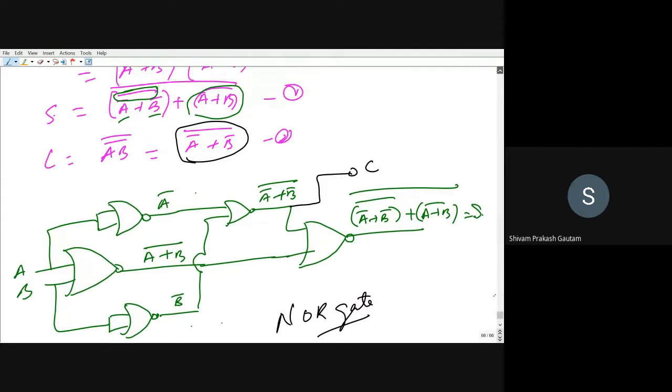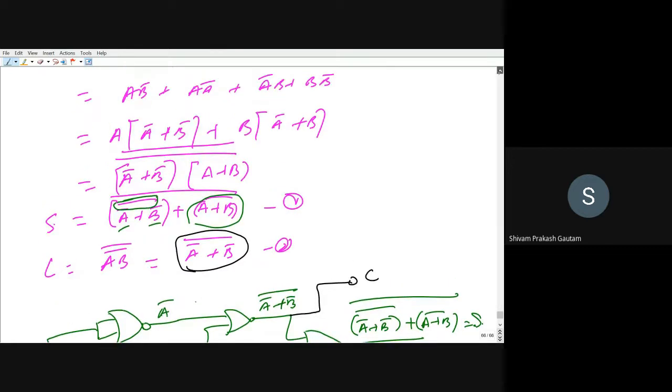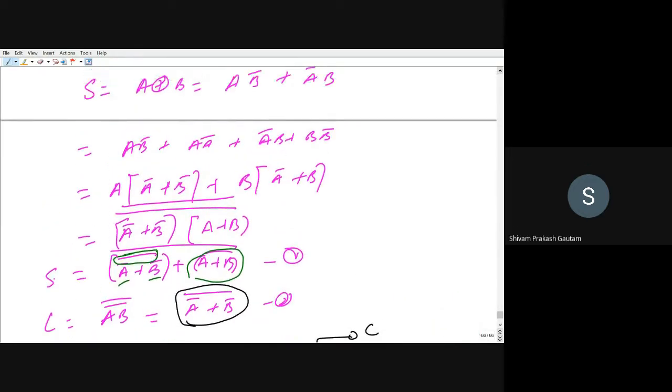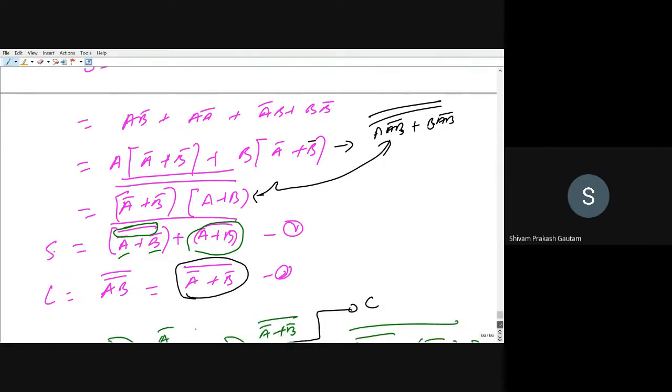So the only point you have to take is how you can arrange the equations. So from this point onward, there is a difference between NAND gate and NOR gate. Here in NAND gate, what we have done, we have taken AB whole bar plus AB bar, and then we have put double bracket. Here, what we have done in NOR gate, we have taken A plus B common, and then we have put double bar. So this step is different between NAND gate and NOR gate. Is it okay?